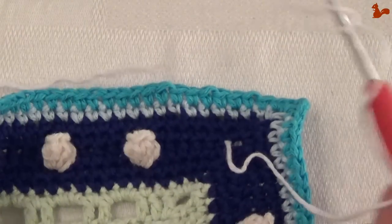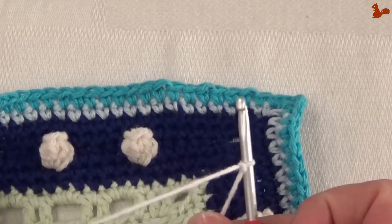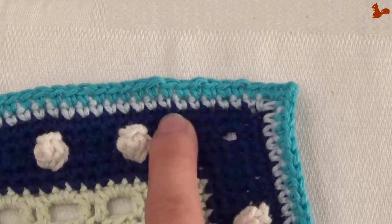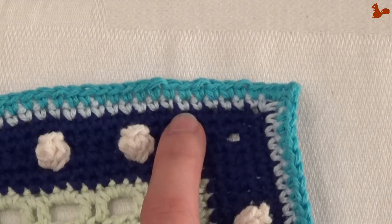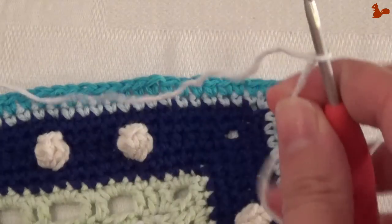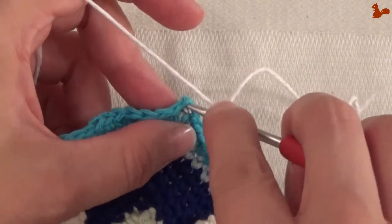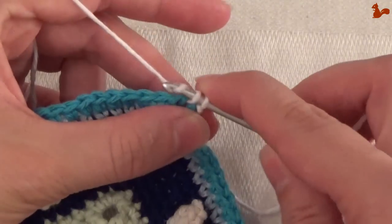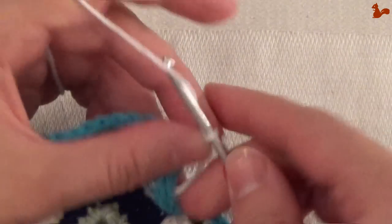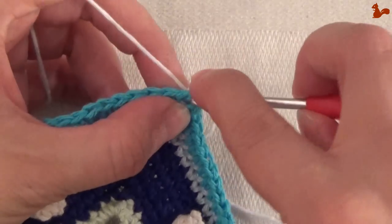Round 61, if you have multiples of 6 minus 1 stitches, so for example 167, 179, which is actually the stitch count I had at the end of part 13, or 191, 203, so then you're in team B, and we're going to start with making a corner, any chain 2 corner space. Start with a standing single crochet, followed by chain 2 and a second single crochet in the same corner space,